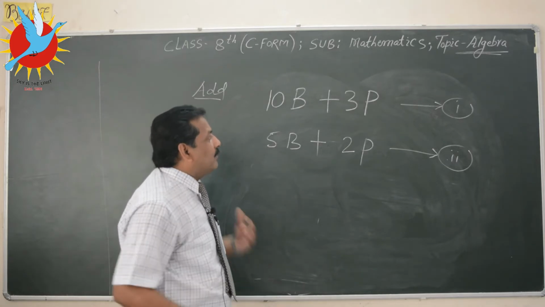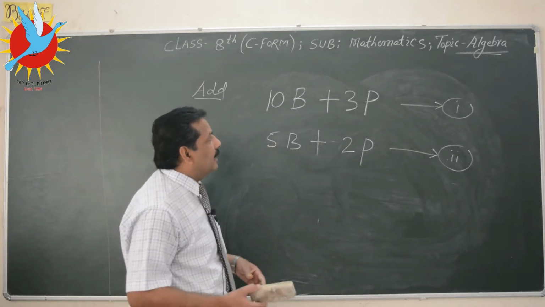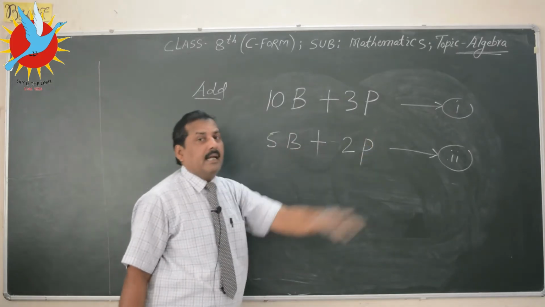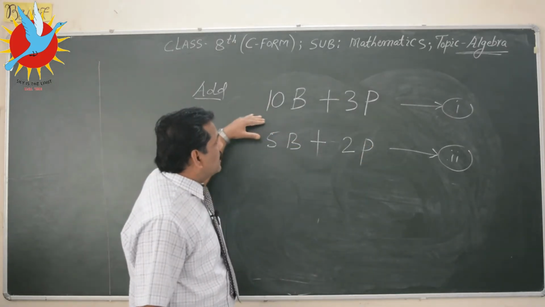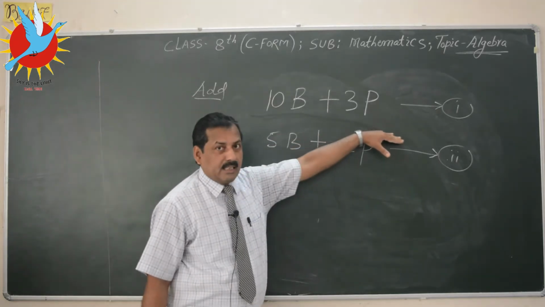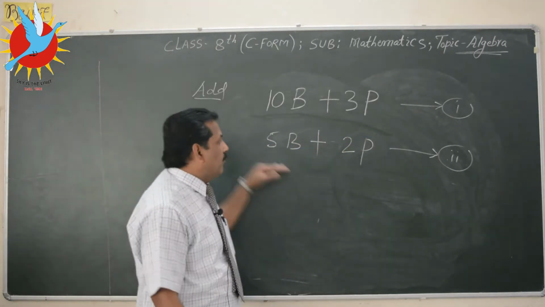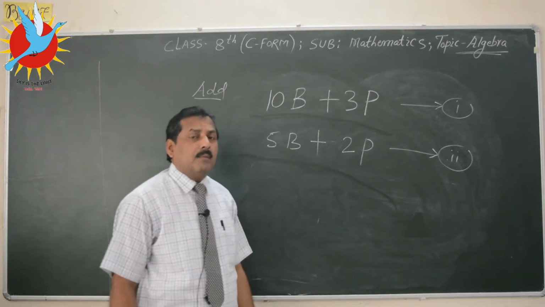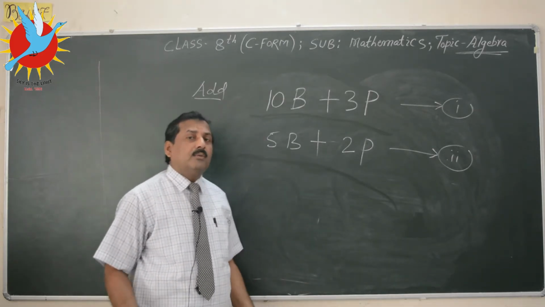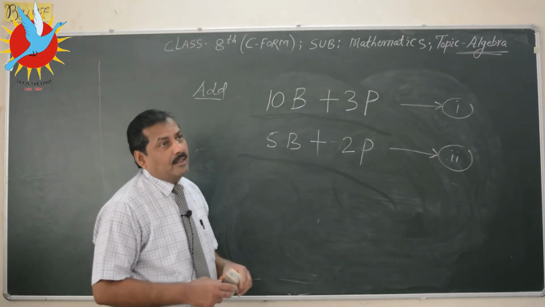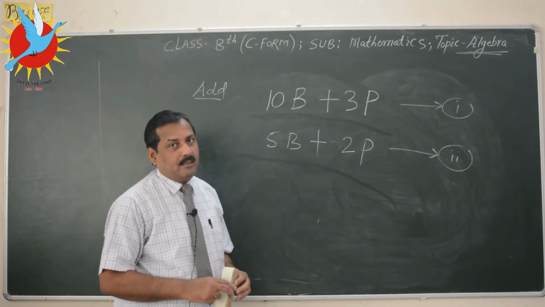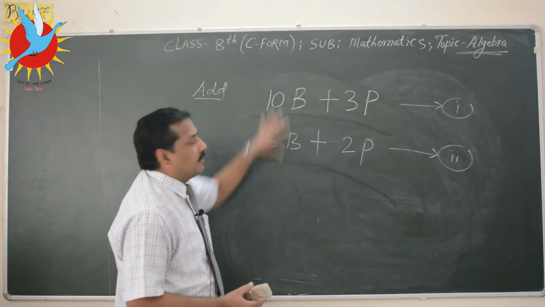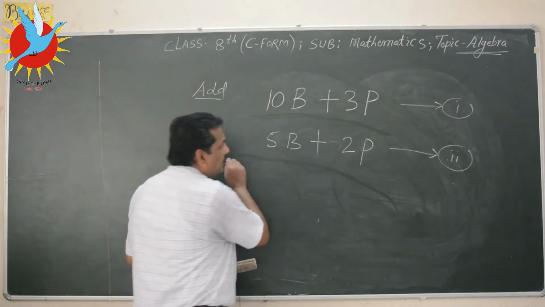Now we have translated this sentence or situation in the form of an algebraic expression. So this is an example of an algebraic expression for this situation. For the second almirah content, this is the algebraic expression. Now somebody told you, or you wanted to know, what is the total number of books and pencils including the two almirahs. So we have to add these two. So let us add it.